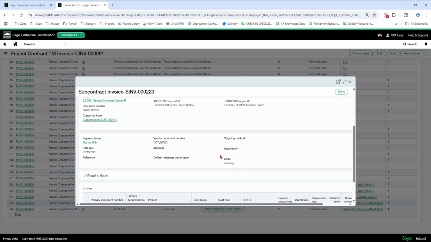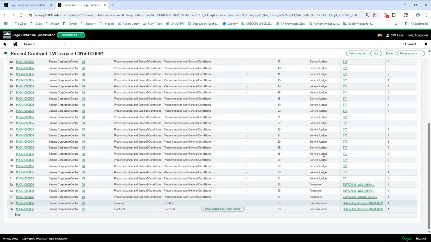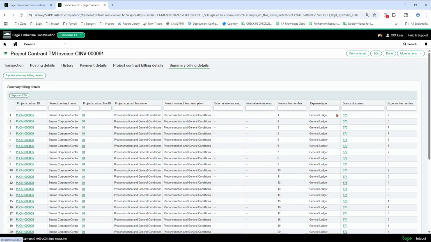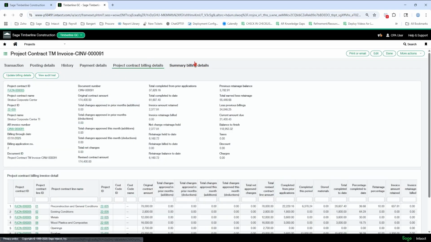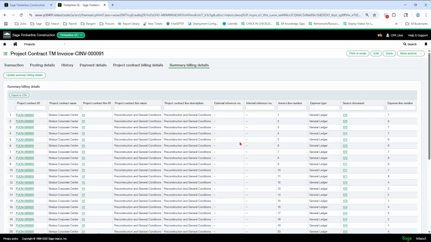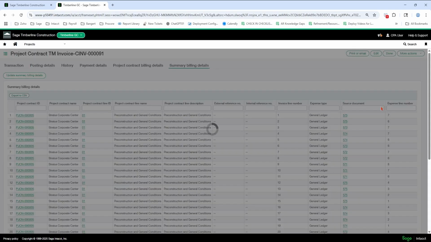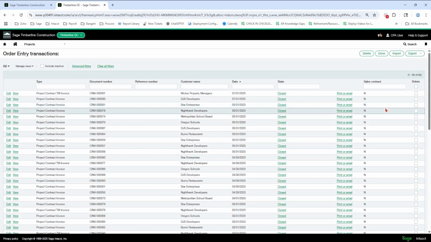Again, if I had an attachment, it's going to show here on the right or through the paperclip. There's these update buttons as well. Don't forget to use those when needed. Okay, so if the screen is blank, you might have to hit that billing details on the time and material one. Hit done, gets me back to my list where I was.